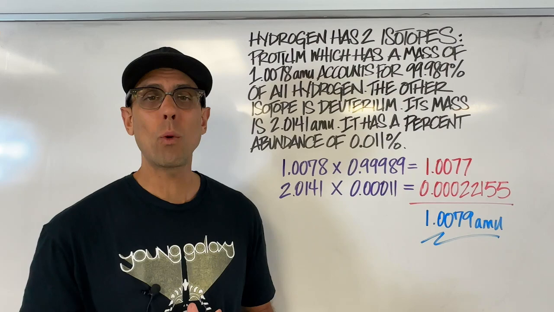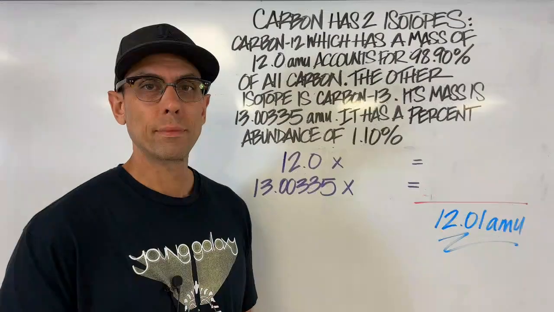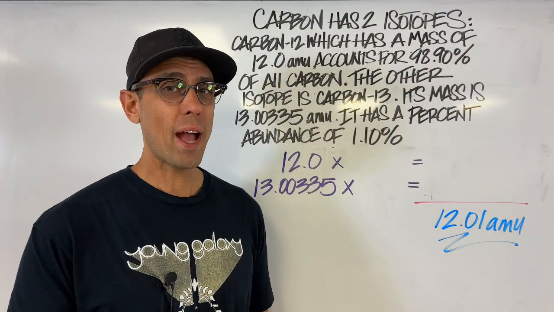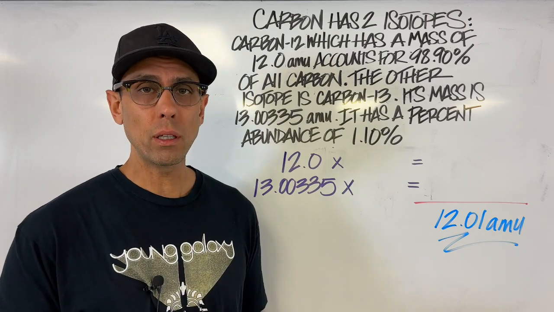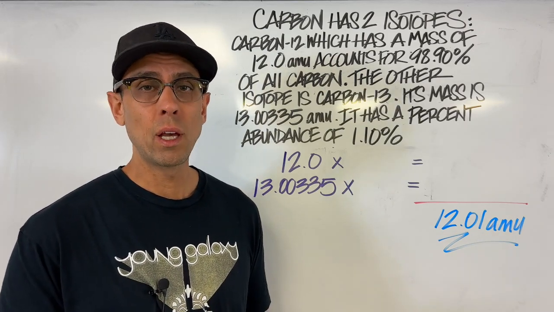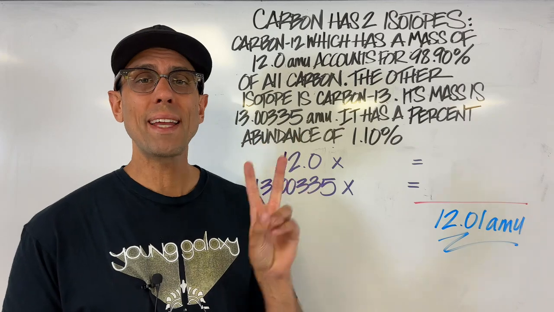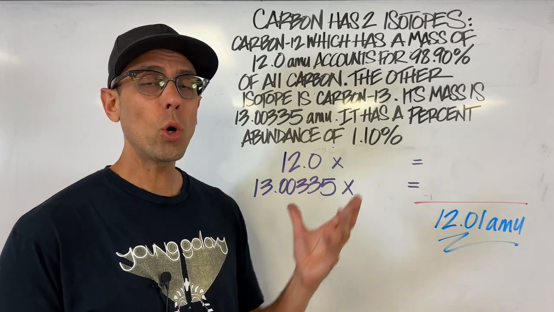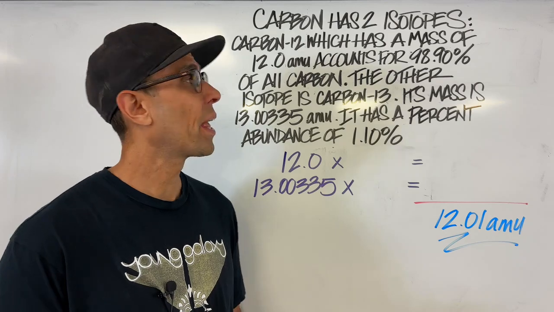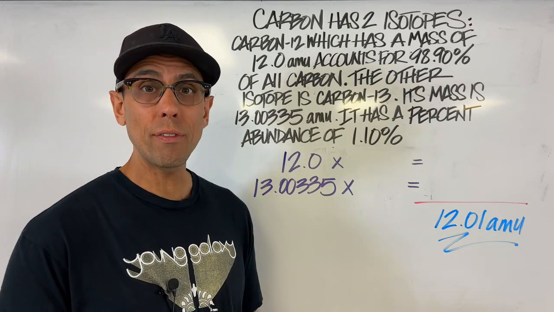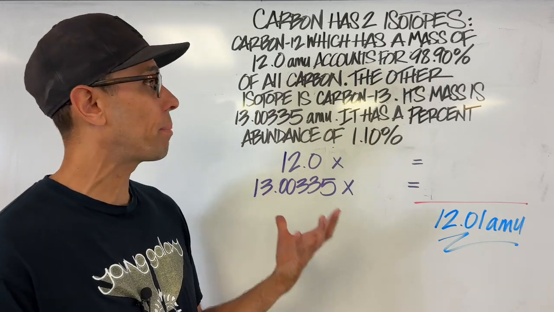Okay, I want you to try one similar to this on your own. Here's your opportunity to practice this skill. In this problem, we're looking at carbon, another very common element. Carbon also has 2 main isotopes. We're told that one of the isotopes is noted as carbon-12, and it has a mass of about 12 AMUs and occurs in great abundance